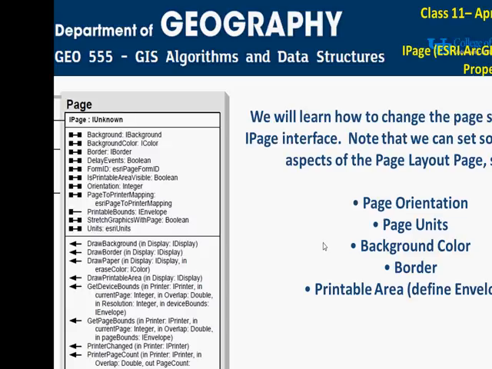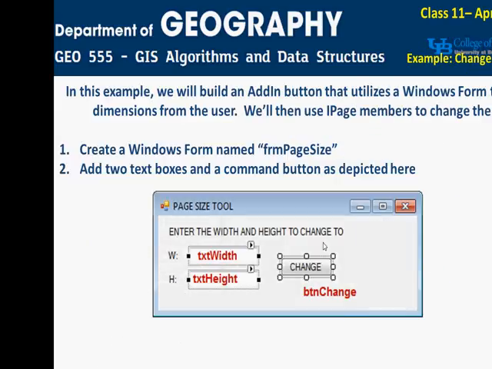We will now learn how to change page sizes using the iPage interface. Note that we can set some other key aspects of the page layout page, such as a page orientation, units, background color, and so on. In the example here,